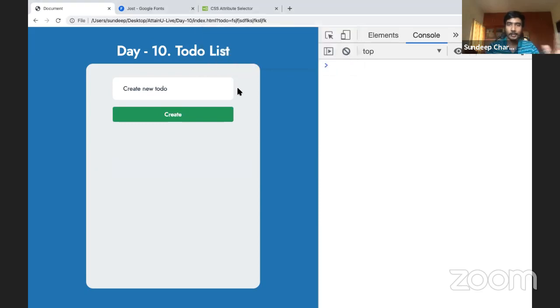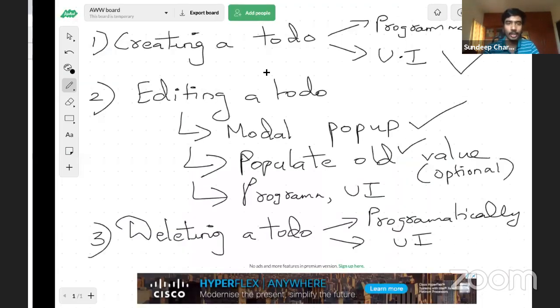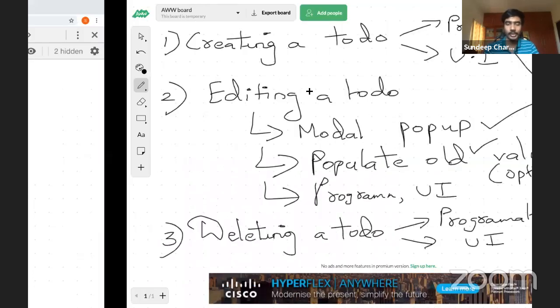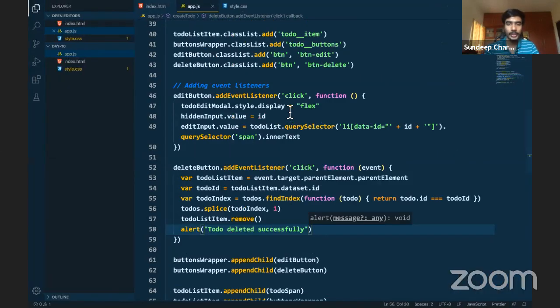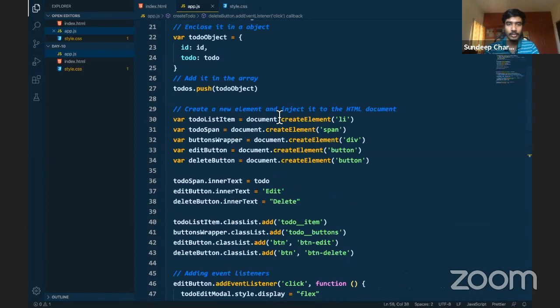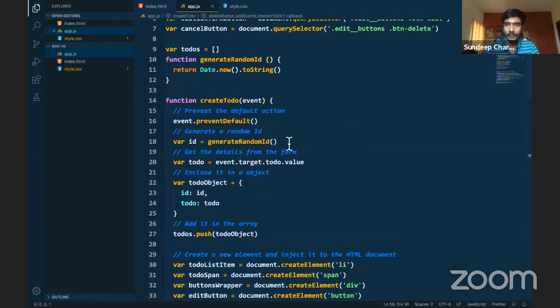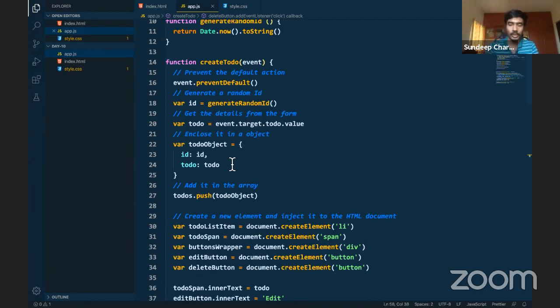We have completed the application. So let me give you a small recap. Firstly, we got the creation function working with the help of all the data which we needed, right? We got the ID first, we got the to-do value first, we composed it into an object, we pushed it